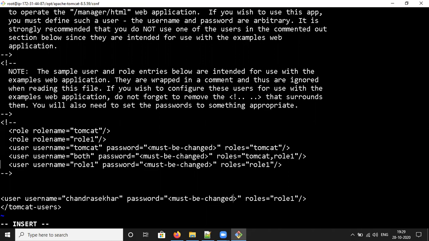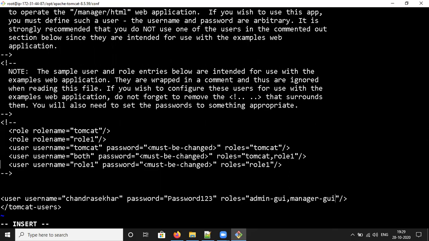For the password, you can give any password. I'm giving the password as 123. Roles are admin-gui, manager-gui.